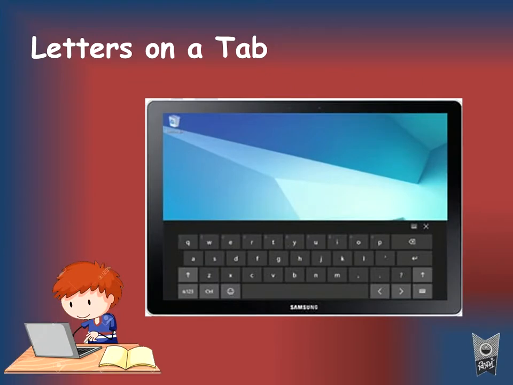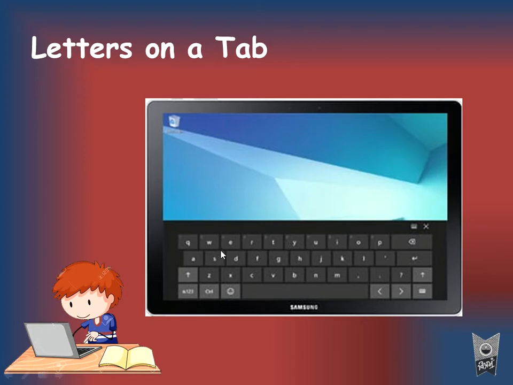This is a tab. Just observe the letters over here. I know these are very small. I'll just read out for you. You can also see on your textbook. The same tab is given over there and the letters over there, or even on your tab if you have it. Okay. Look here.